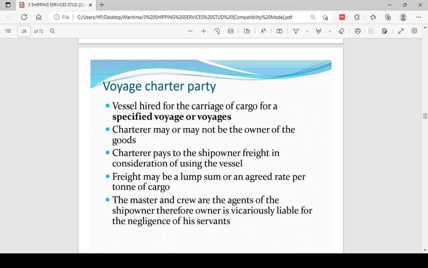Okay. In voyage charters, the charterer may or may not be the owner of the goods. So as you sit here, you can be a charterer. If you have the requisite knowledge and the expertise, you can be a charterer. You don't need to own the cargo to be a charterer. If somebody has his cargo and he wants to move it, he doesn't know how. If you can position yourself as a charterer, you can go and secure a ship to come and move that. Okay? So you have your cards by all means.